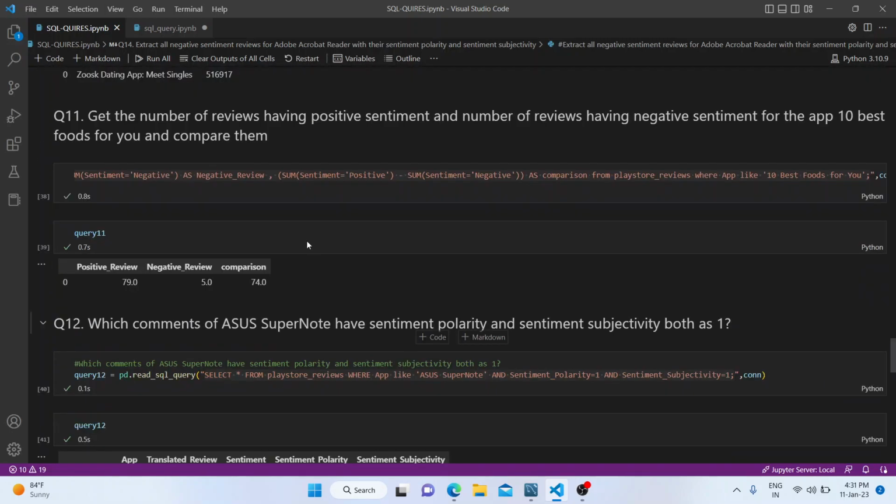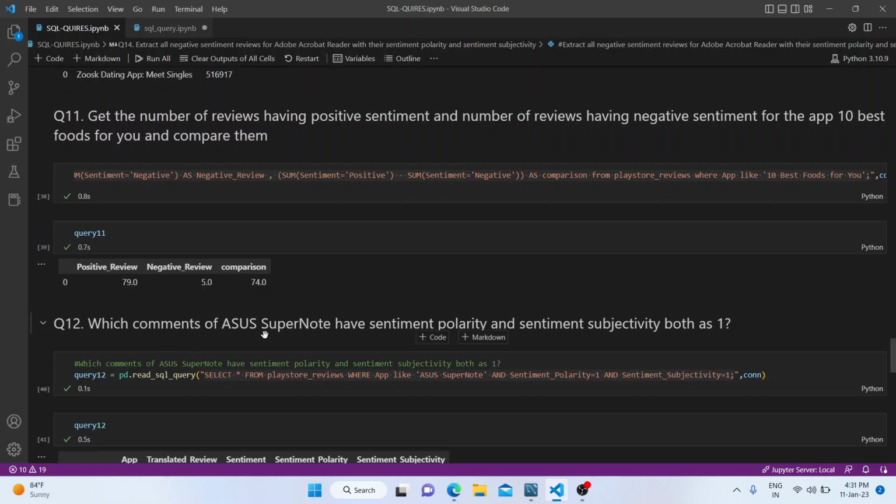Get the number of reviews having positive sentiment and the number of reviews having negative sentiment for the app 10 Best Foods, and compare them. So we have 79 positive reviews and 5 negative reviews, and the comparison of both is given.